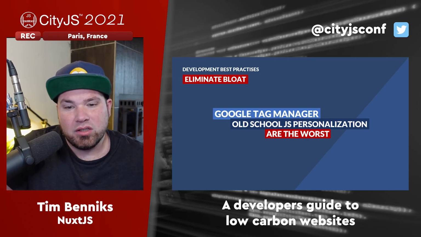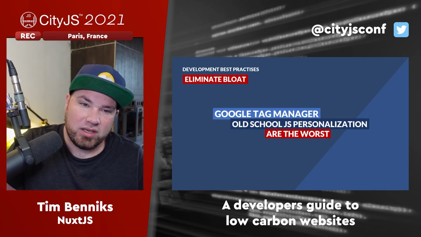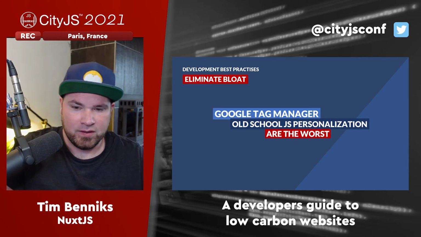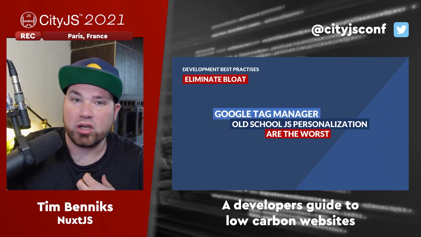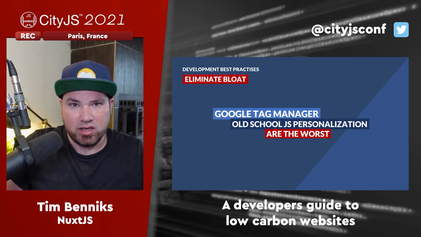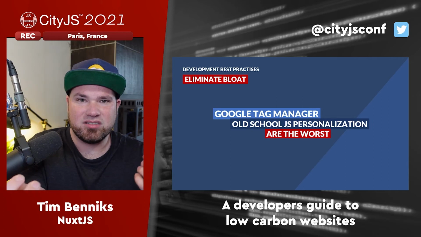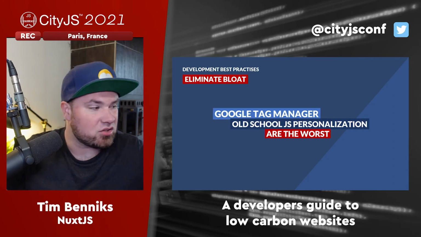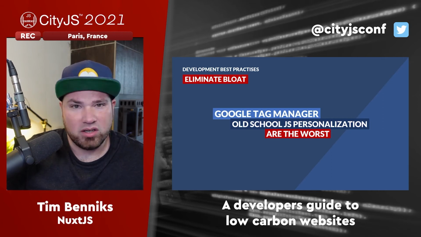And for Google, Tag Manager itself is pretty optimized because it's on so many websites, they have to. But what actually happens is that Google Tag Manager hosts a whole bunch of other systems that make everything slow. And then for the JS personalization, not the fancy new stuff, for example, where I work at Uniform, that's super fast. But the old stuff, where you basically get a file that's loaded on every page that has like 500 kilobytes of DOM in it, and it finds a gap in the DOM where to attach itself, and it just injects something based on your persona. Why would you load those 500 kilobytes plus an extra library to manipulate DOM, right? Those still exist. There's a lot of them, and they're terrible.